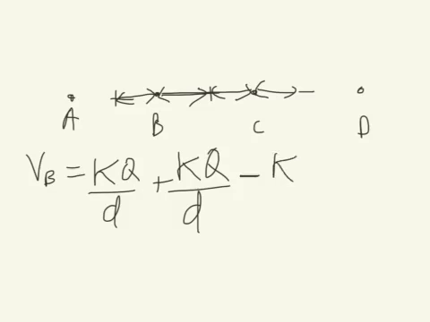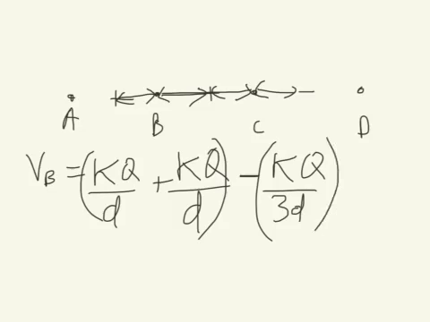So because it's a negative, we subtract. And that's a distance 3D away. So we add all those up, we got, here we have 2 KQ over D's, then minus a third KQ over D. So the potential at point B is a total of 1.67